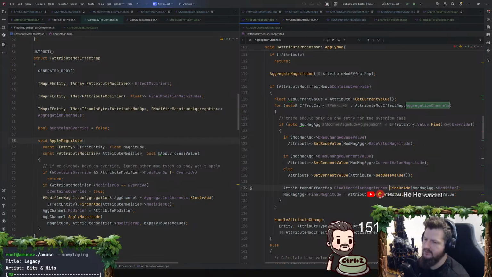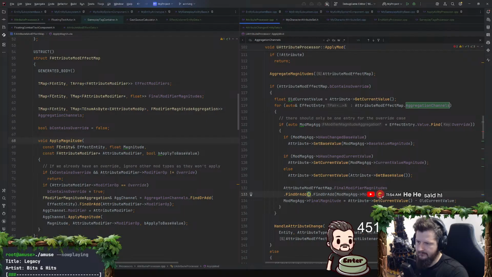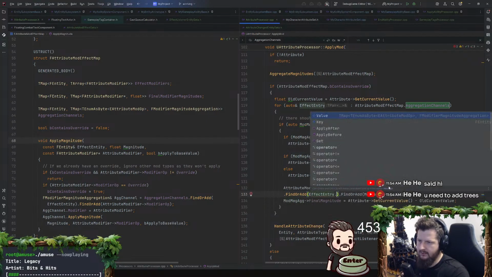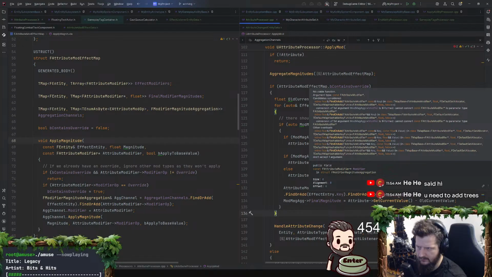I'm just going to do it inline. Find or add mod mag ag or effect entry key. That is the effect here. Find or add. Now why are you angry? Argument types. Attribute modifier, a pointer ref.